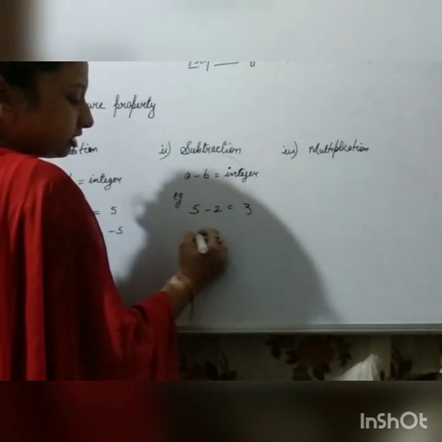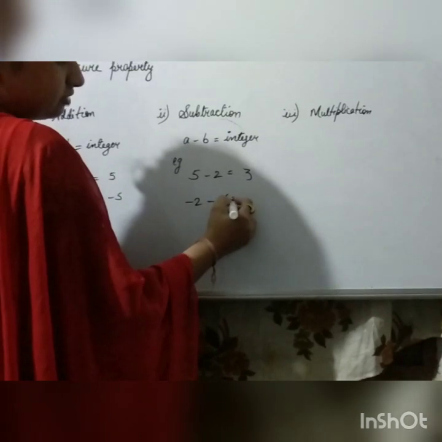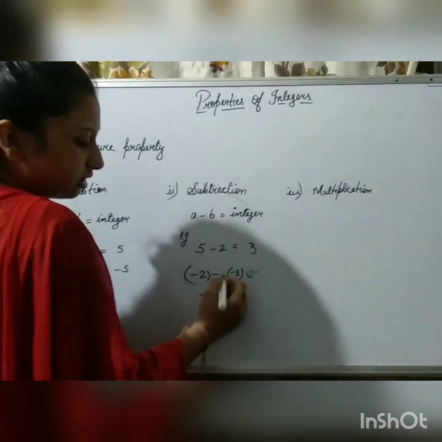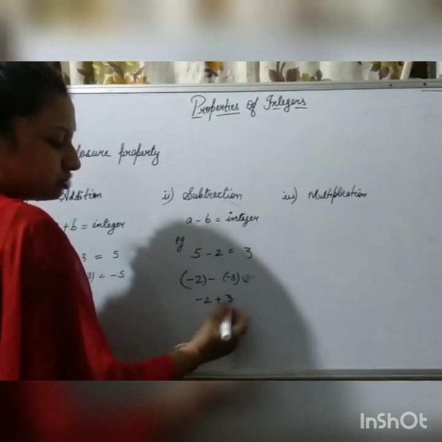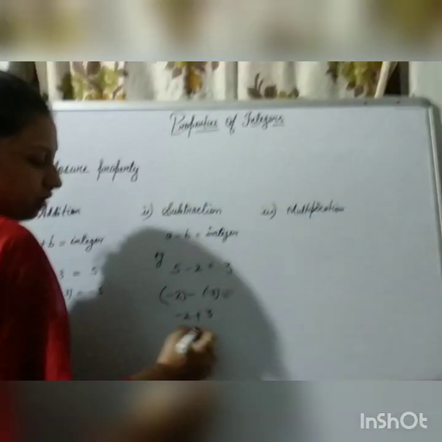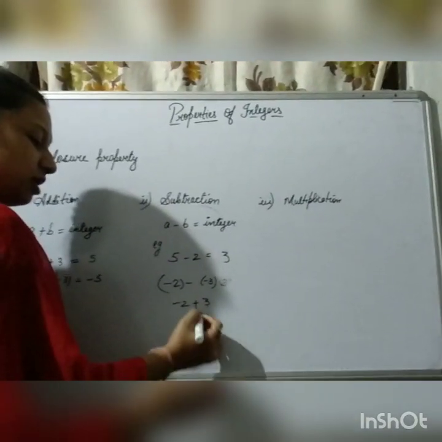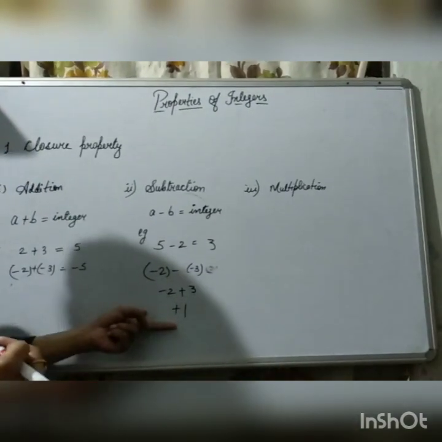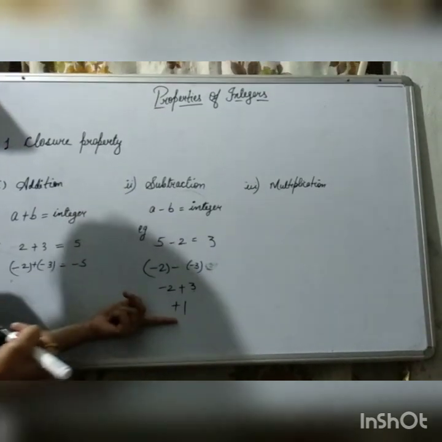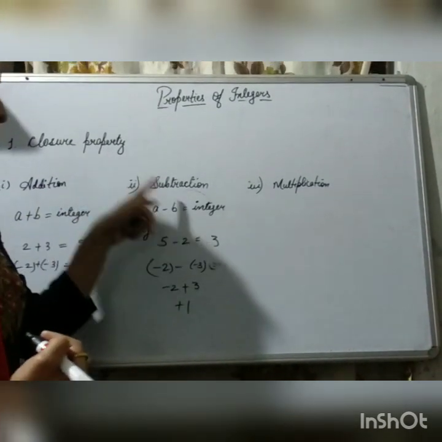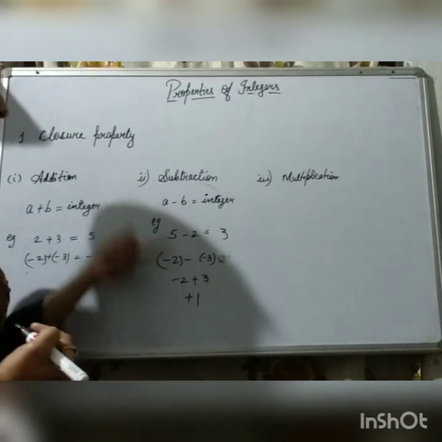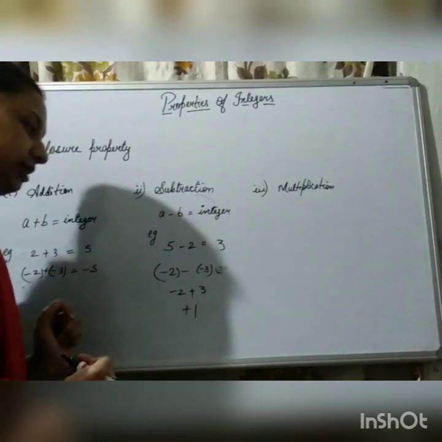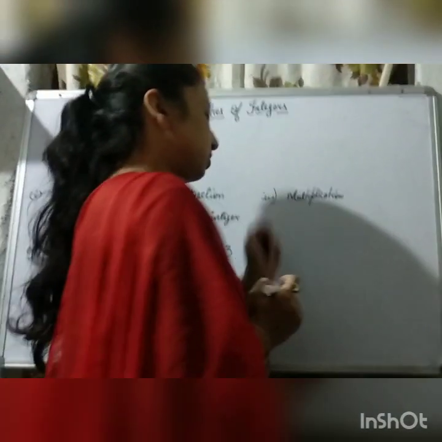Now again we take a negative integer. Suppose I have taken a negative integer here. What will be the answer? Minus 2, this minus will get multiplied with minus, so here plus 3. So minus 2 plus 3 is plus 1. One is negative, another is positive, so the answer will be 1, because it will get the sign of the bigger numerical value, that is plus 1. So here also an integer is coming. That means this property applies to subtraction also, because whenever we subtract two integers, the answer will always be an integer only.